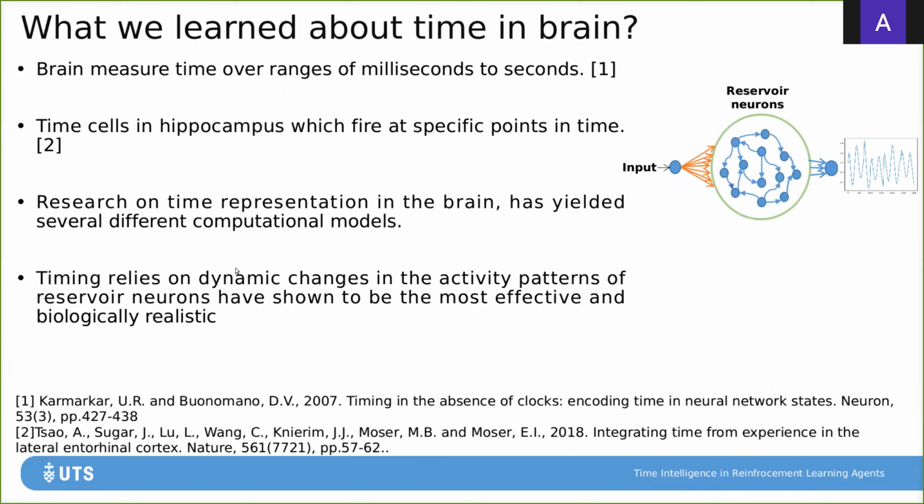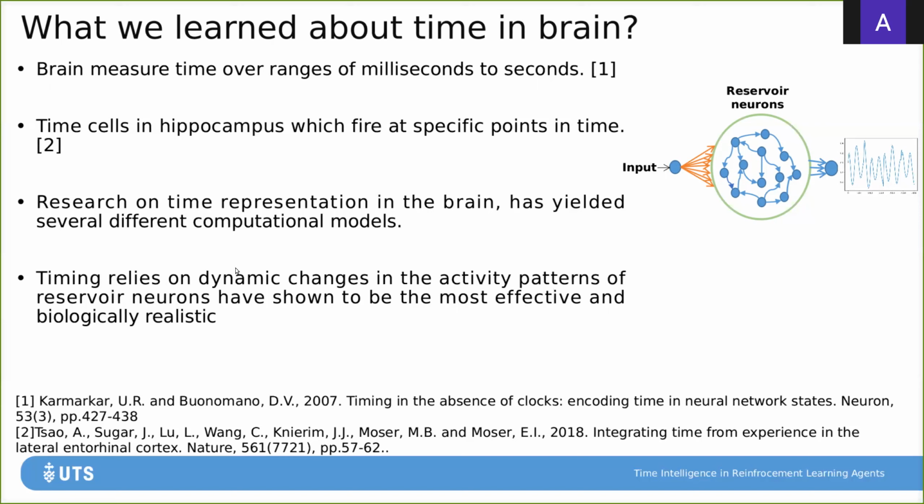In the direction of this research, we first explored how time is encoded in the brain. Many cognitive neuroscience studies found that time is measured in the range of milliseconds to seconds, and time cells in the hippocampus, which fire at specific points in time, contribute to this kind of activity. Research on time representation in the brain has given us several different computational models, one of which is the